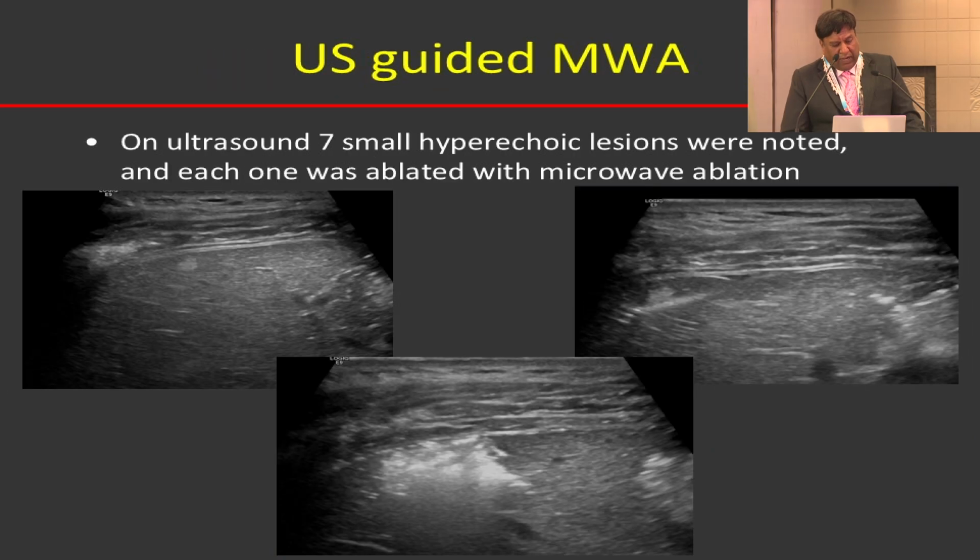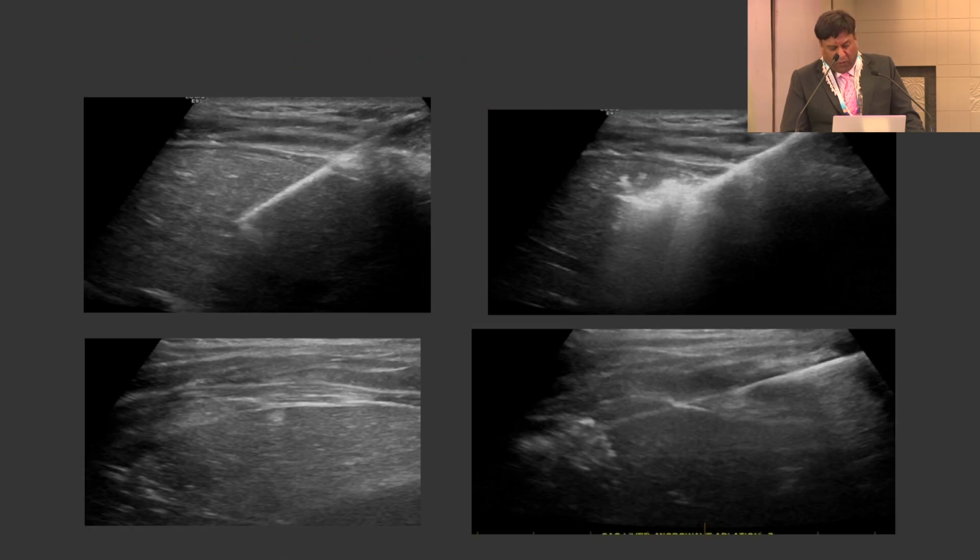This is the ultrasound guided microwave ablation we did. We found actually 7 lesions on ultrasound. MRI showed 5, but ultrasound showed 7, which was surprising, but it was there. So we went after all the 7 lesions. As you can see, the probe of the microwave ablation is coming across the lesion, and post-ablation changes on ultrasound. Again, 2 more lesions. We went through with the probe and post-ablation changes.